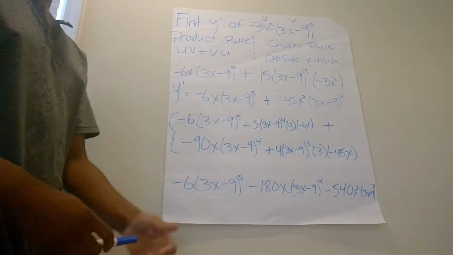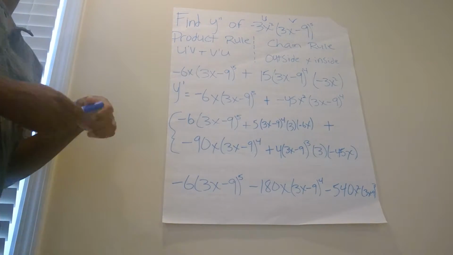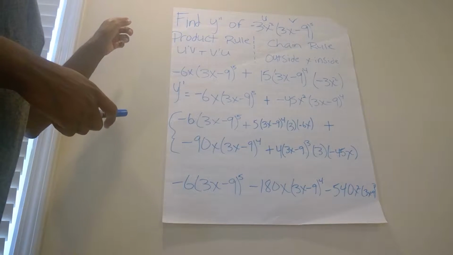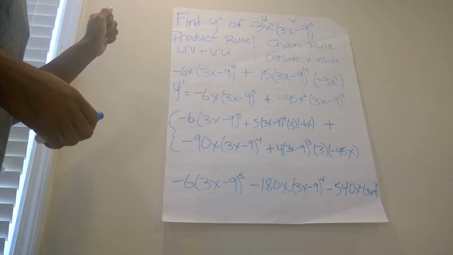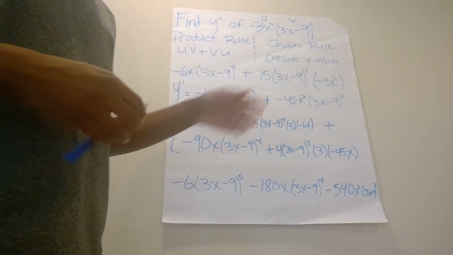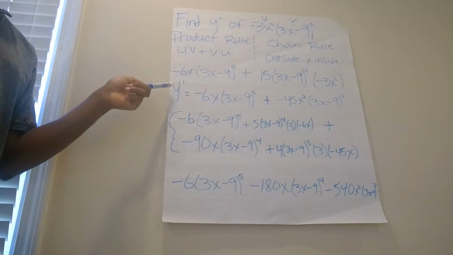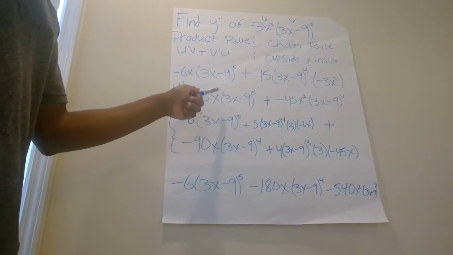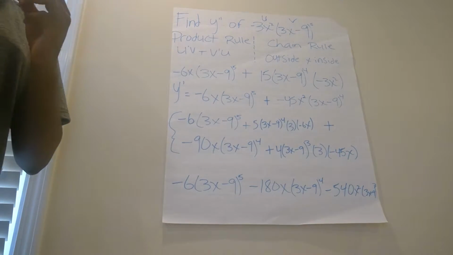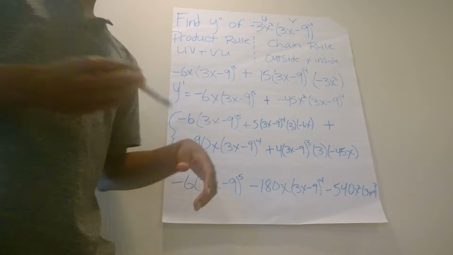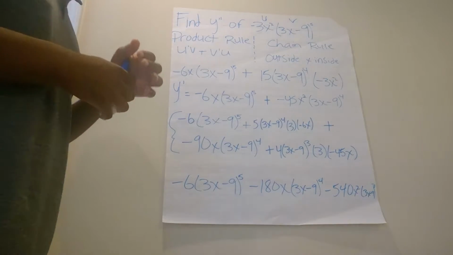and I've already simplified that out here because 5 times 3 is 15, and then you just simply multiply that by the u term, which is negative 3x squared, and you can simplify this term by multiplying 15 times negative 3x squared. So the first derivative is negative 6x times (3x minus 9) all to the fifth plus negative 45x squared times (3x minus 9) to the fourth. So now that we have the first derivative, we can now find the second derivative, which again we would have to use the